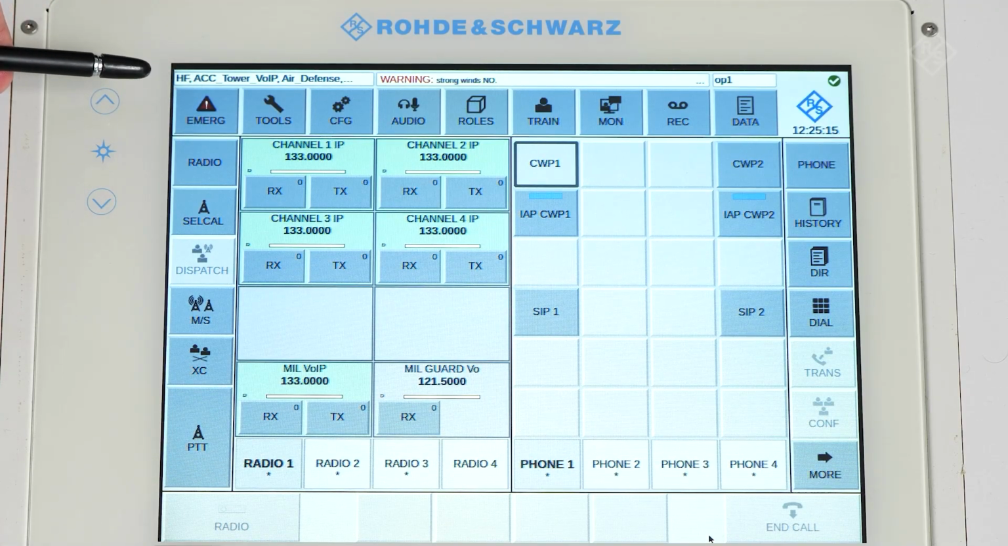Here in our example, we have an emergency button that allows for emergency communication air-ground and ground-ground according to standard ED137. We have buttons for audio functions, the roles menu, trainer-trainee button, short-term recording, and many more. Now that we have looked at the generic function of the controller working position, let's take a closer look at